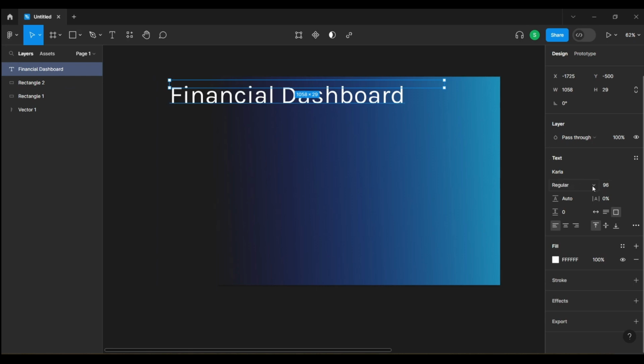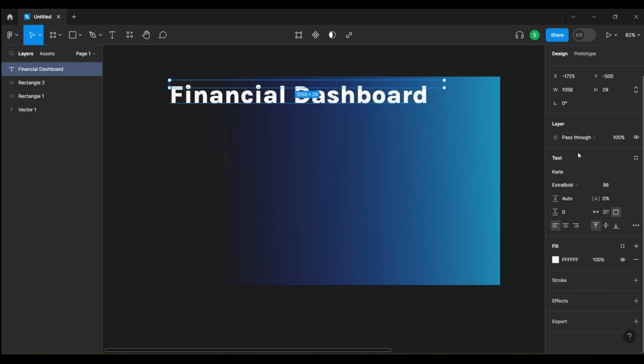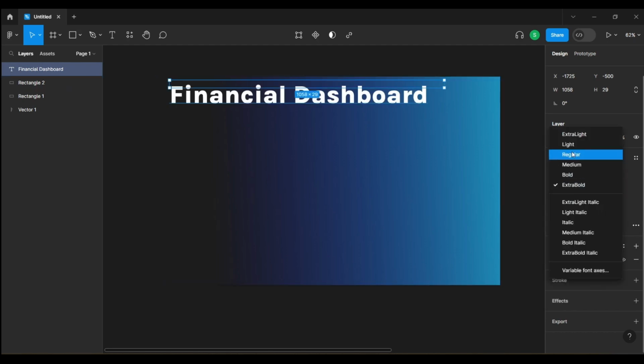See, this is regular, and all this is nothing but the fonts. We call it font style. Like if we use extra bold, it will become bold. And we have bold, italic, all types of things in Power BI. Here we have this type of drop down from where we can select italic or bold formats